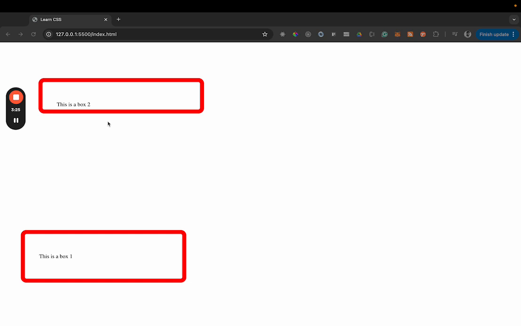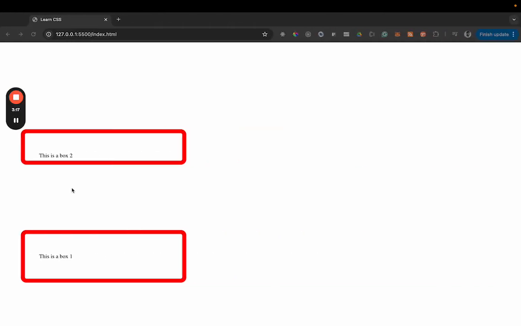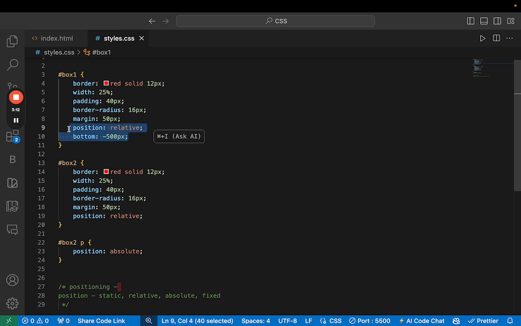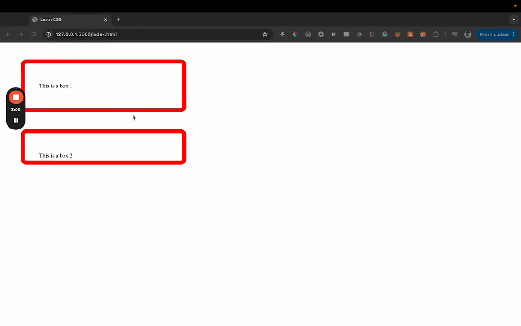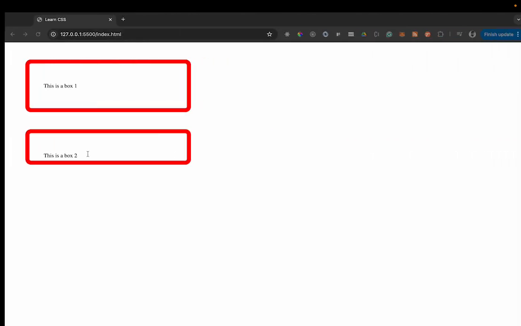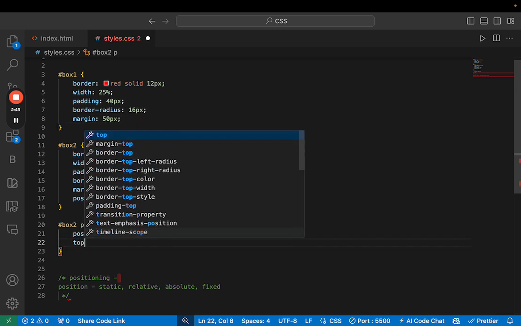Cool. Now, doing this will, okay, I'm gonna have to get rid of these guys just so we are sure, and I'm gonna get rid of this guy too. Okay. So now I know we are dealing with box two, right? Which is this guy here. So when I gave the child element a position property of absolute, I can say top,